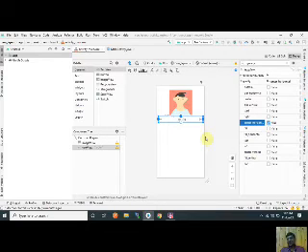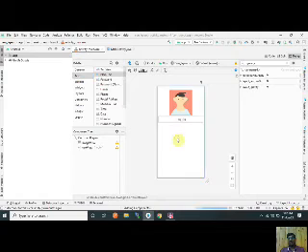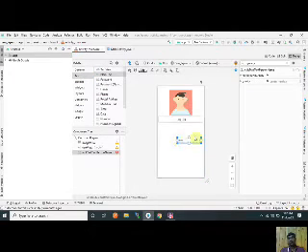Now I insert the next component, that is the username. So go to the text section and plain text, insert that. Now perform the same operation, bottom to top, left to left, and right to right.